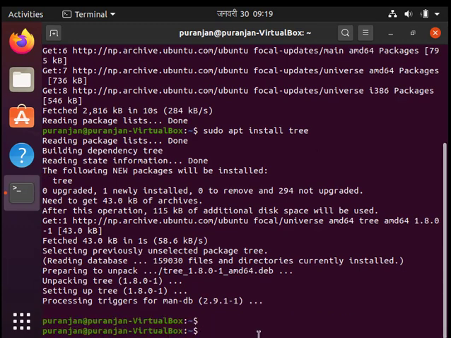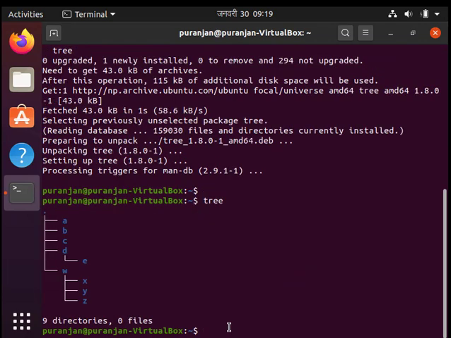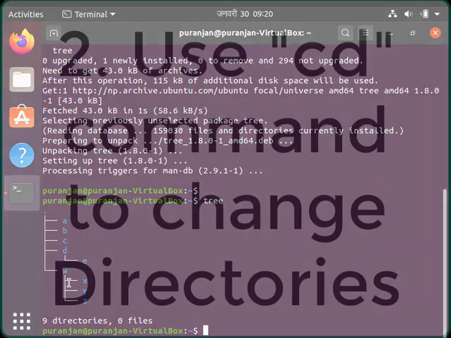The installation process for the tree command has been completed. Now let's type the tree command, and you can see that the folders we have created have been made. First we created folder A, and then we created folders B and C together, and again we created the parent directory D and the child directory E inside D, and again we created multiple child directories such as X, Y and Z inside the parent directory W. So in this way you can create any kind of folders or directories in whatever way you want.